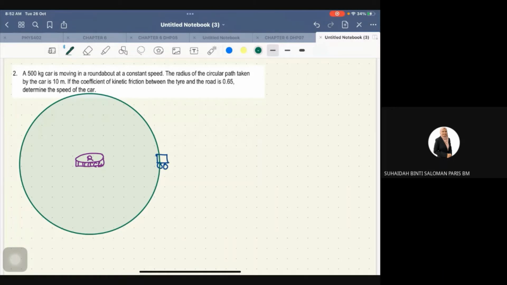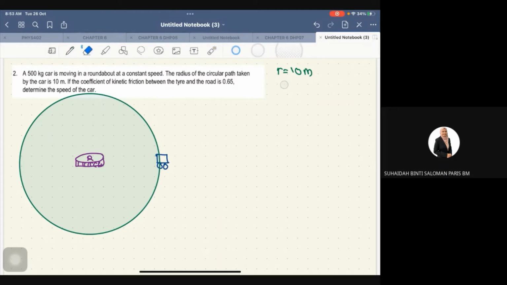Okay. So you ada car yang sedang berpusing secara ni. Okay. Kemudian you kata radius of the circular path taken by the car is 10 meters. So dia bagi awak nilai radius is 10 meter. Kemudian bagi awak coefficient of kinetic friction between the tire is 0.5. So frictions